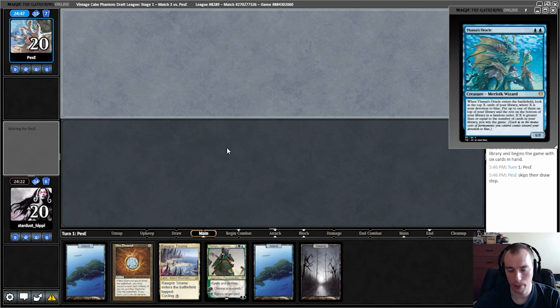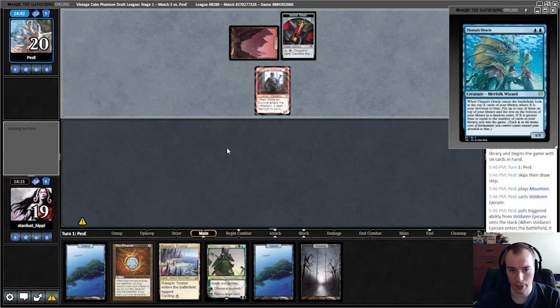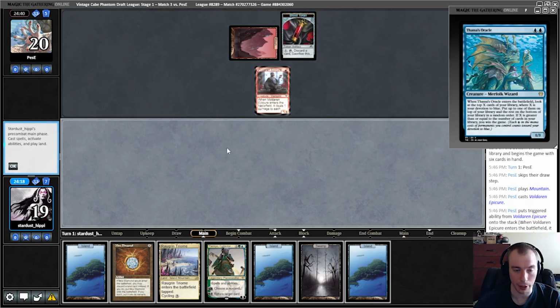I start on the Triome because why not? Although I could potentially cycle it. We'll see what else we draw. Oh, not another red deck. Okay. Could be tough. We're gonna need to find something to do. We do have the Mox Diamond to let us do it quicker, which is nice, but...